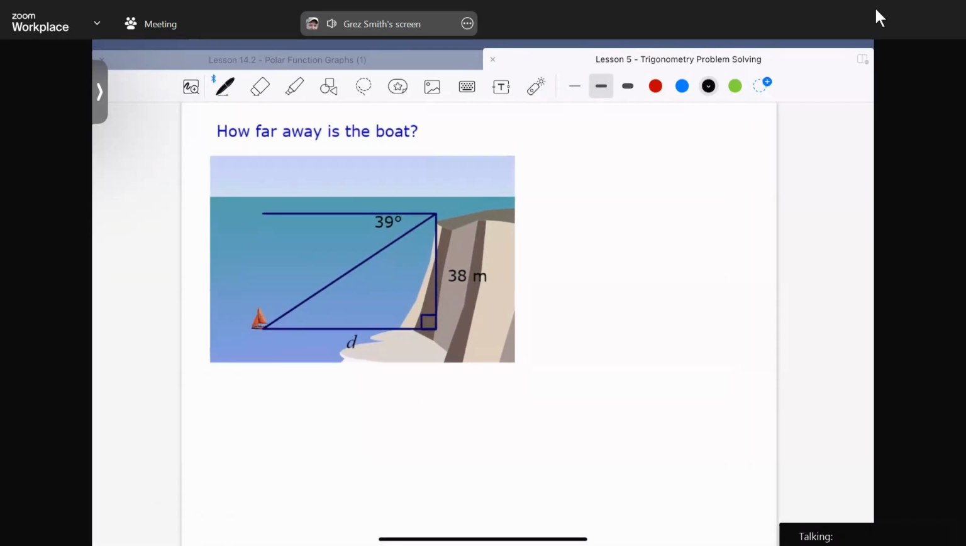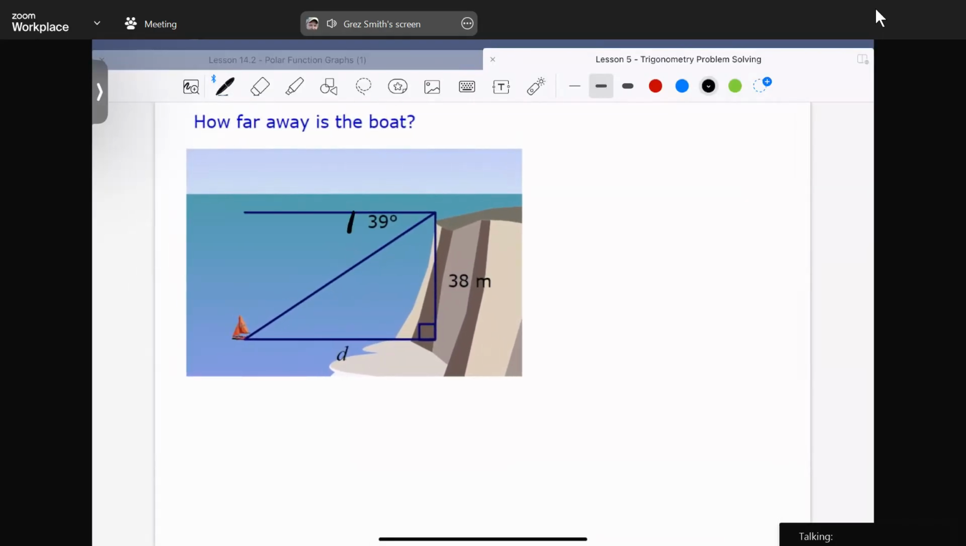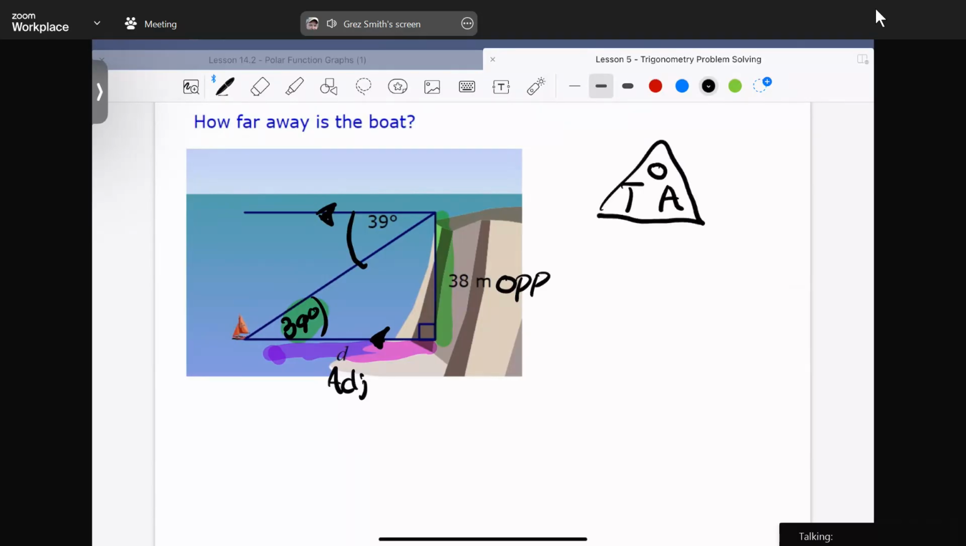Okay, one last one. How far away is the boat? So we measure this angle here. This line here is parallel to this line here. So this angle here is alternate. We know the height, we know the angle, and we are after the side. So this is the opposite, this is the adjacent. We want the tangent is equal to the opposite over the adjacent. We are after the adjacent, and we have these two. So the adjacent is equal to the opposite divided by the tangent of the angle,